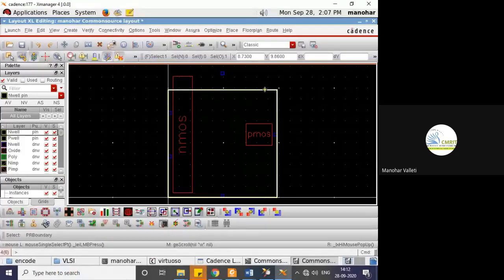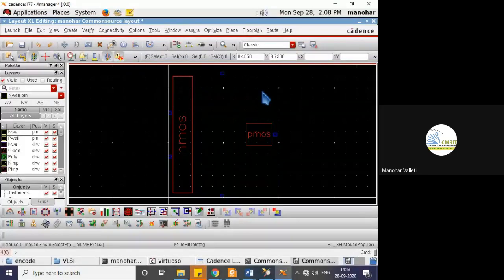At that time, if a big circuit has to fit in a small area, you will see the area constraints, and you need these boundaries. But as you are learning, we don't concentrate on limiting your design inside this. So I'm just removing that boundary.